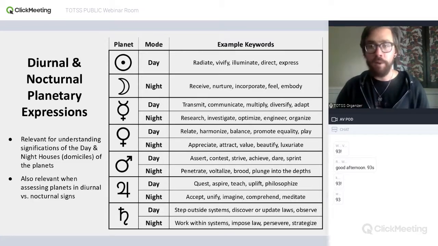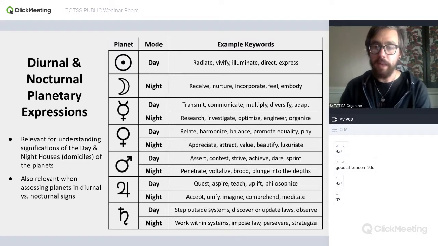And so these two modes of Mercury's expression. All right, and then for Venus by day, I have here relate, harmonize, balance, promote equality, and play, contrasted with Venus by night, where I said appreciate, attract, value, beautify, and luxuriate.